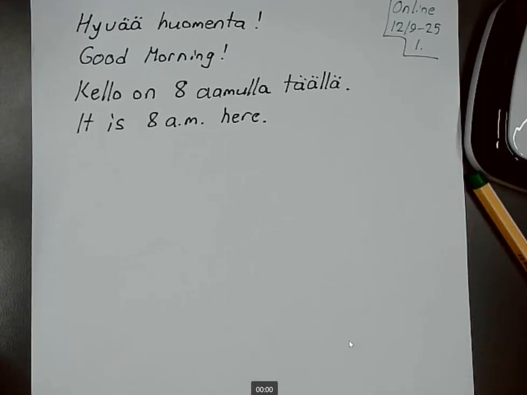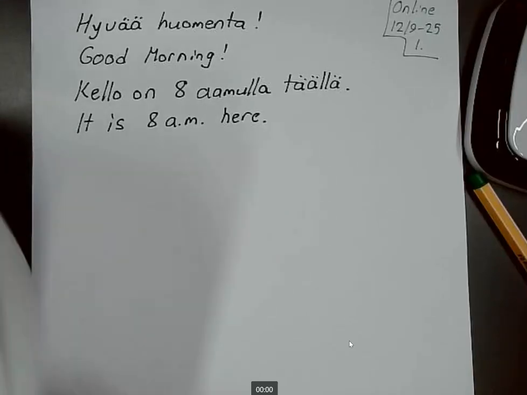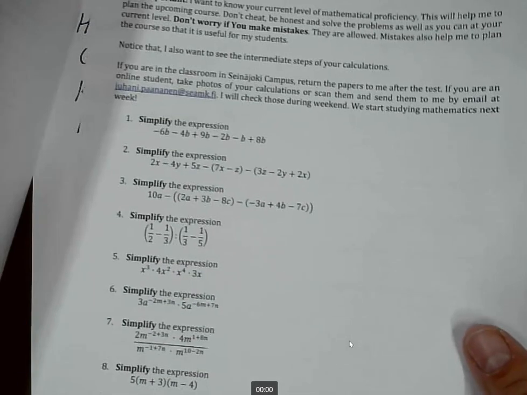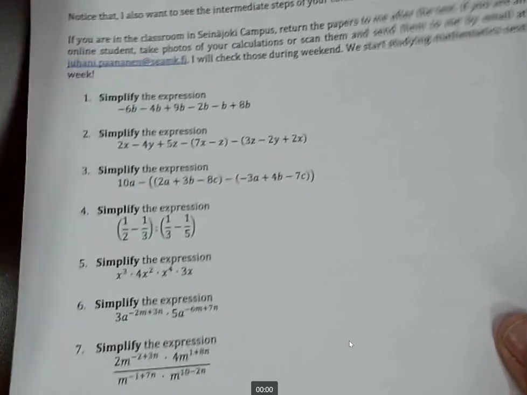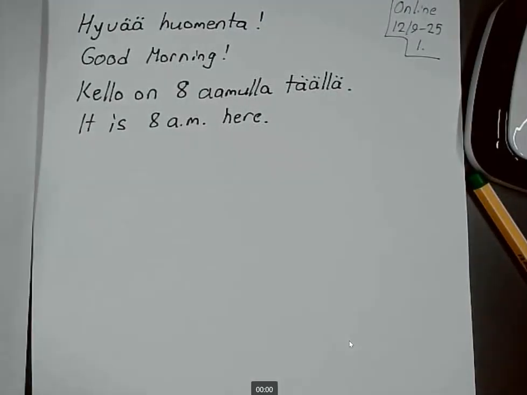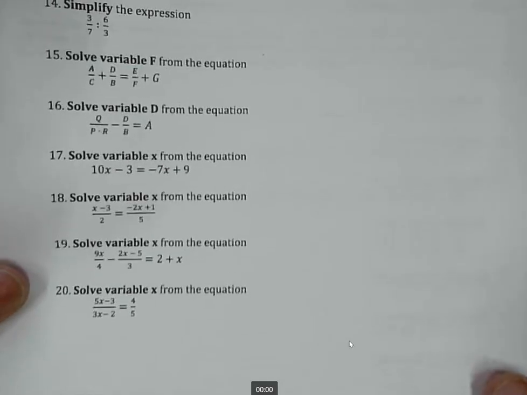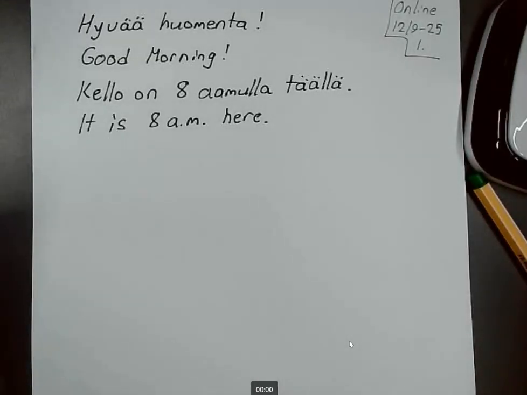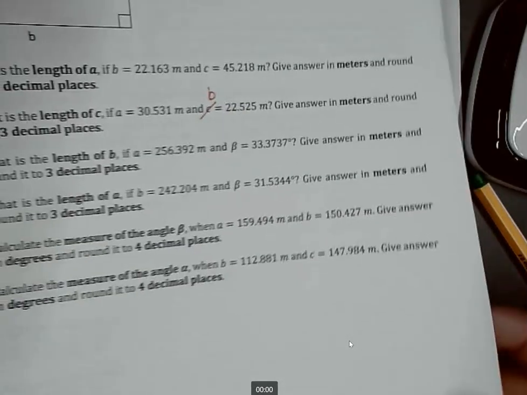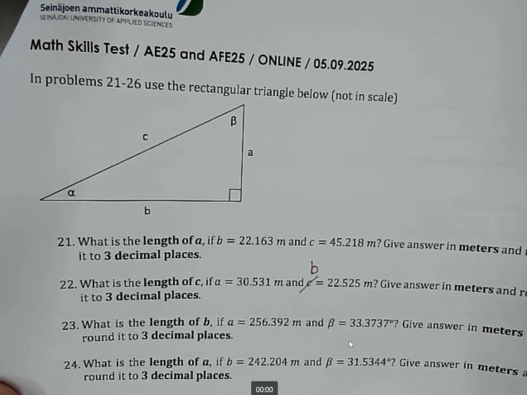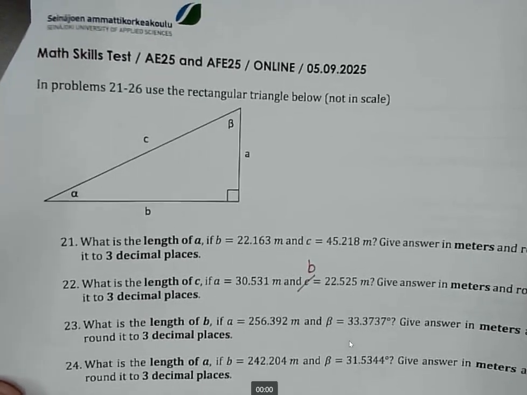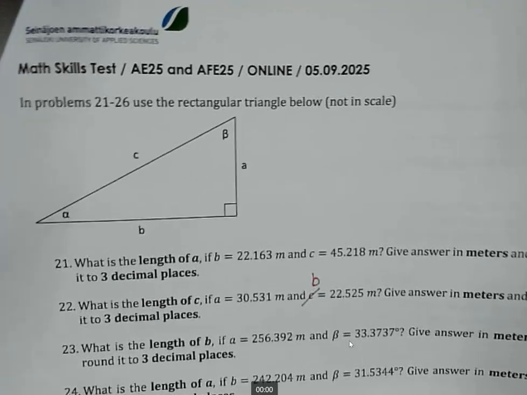We went through those calculation problems in this skills test, these 20 exercises there. Yesterday we got that through, if I remember correctly. We had all 20 problems solved, but now we will go to this rectangular triangle or right angle triangle, and